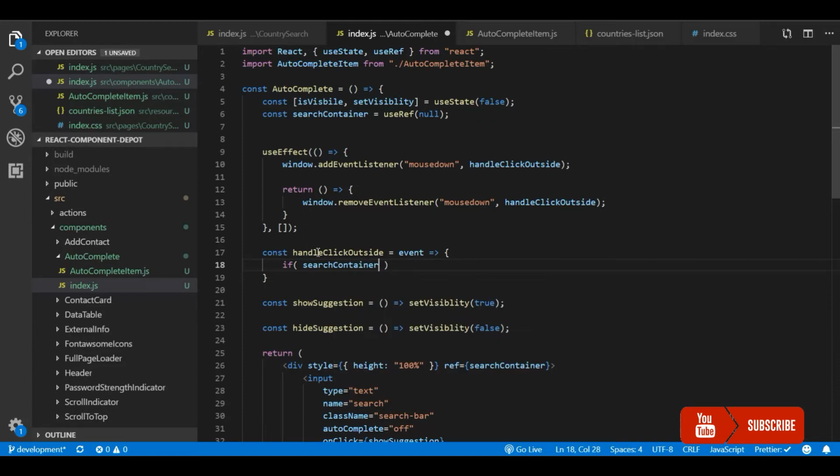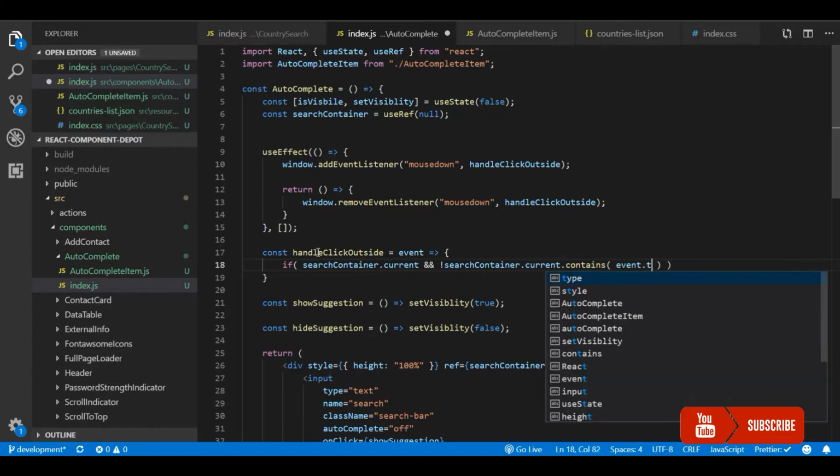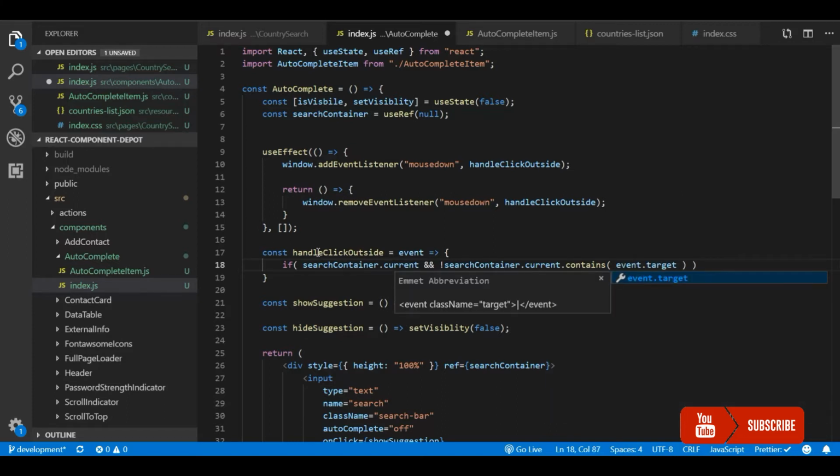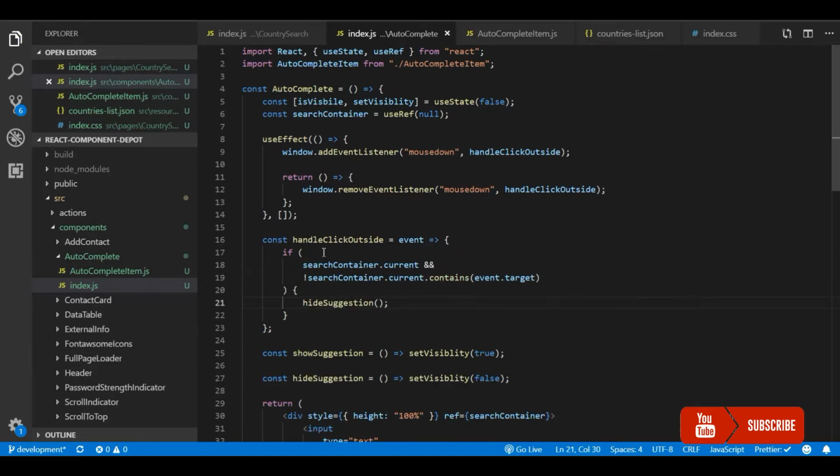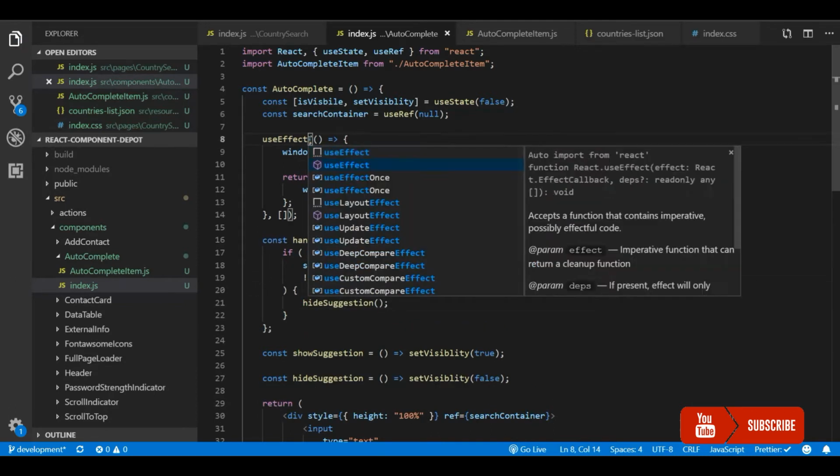Let's first check if searchContainer.current is available, and if searchContainer.current.contains(event.target) is false, then the click happened outside of the search container. So we will call the hide suggestion function from here, which will actually close this drop down for us.